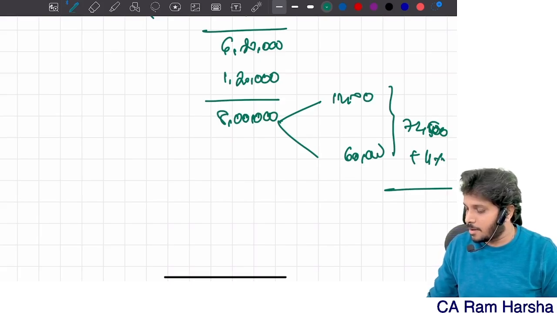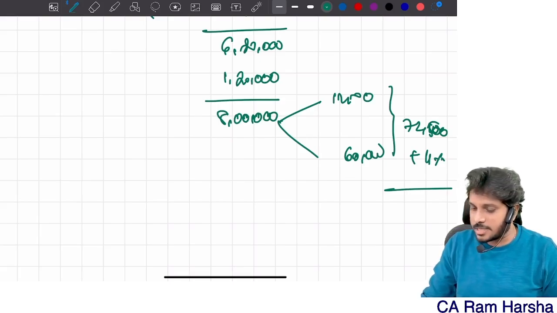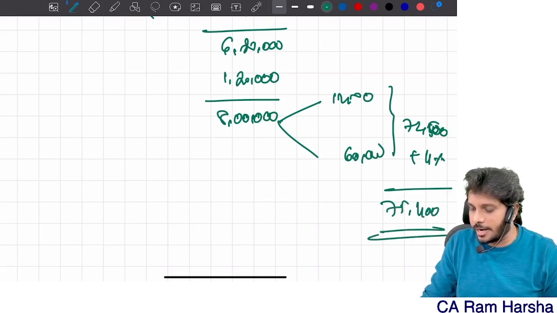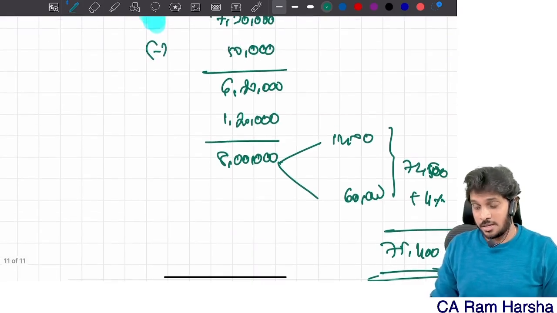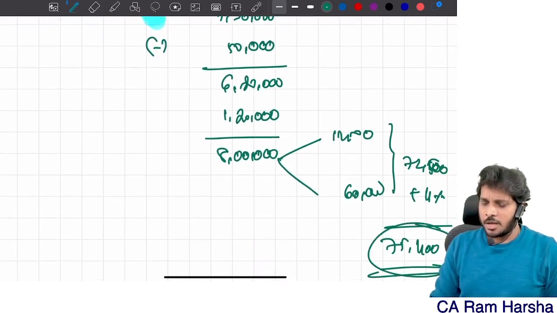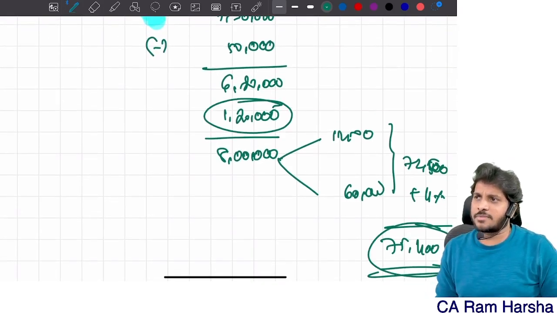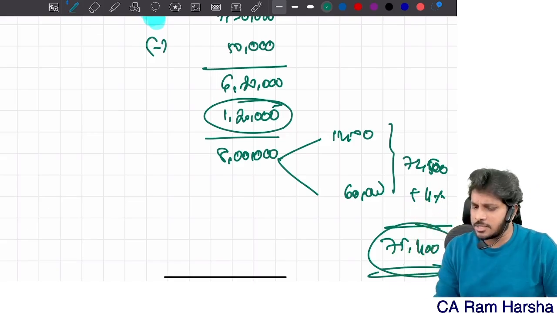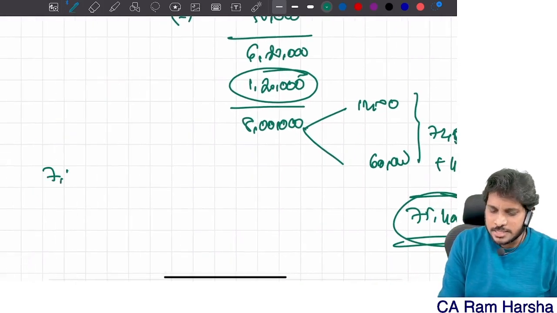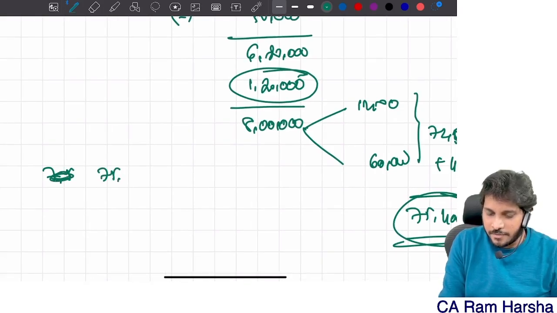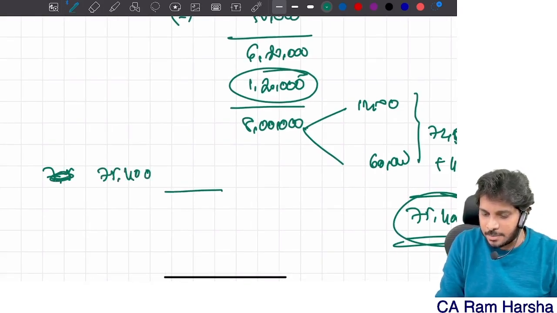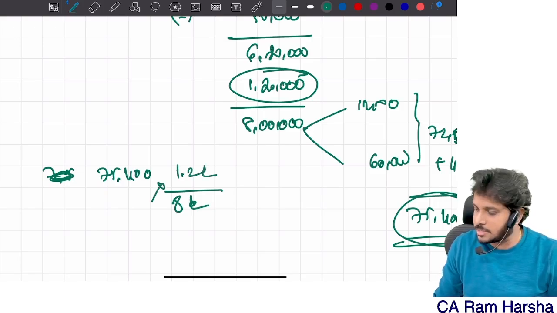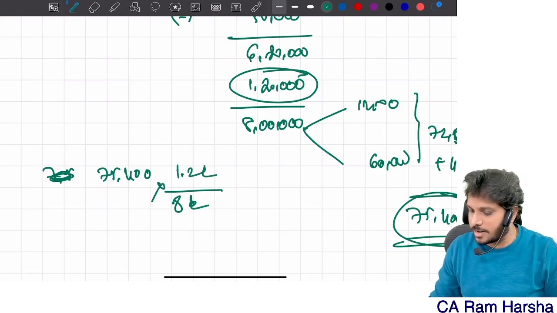72,500, 4%, 75,400. Correct? But this is his total taxability. On the non-monetary perquisite, how much is the tax? Very simple, averaging. Yes or no? 75,400 is the tax amount for 8 lakhs income. How much is it for 1.2 lakh? Very simple: 75,400 divided by 8 into 1.2 is equal to